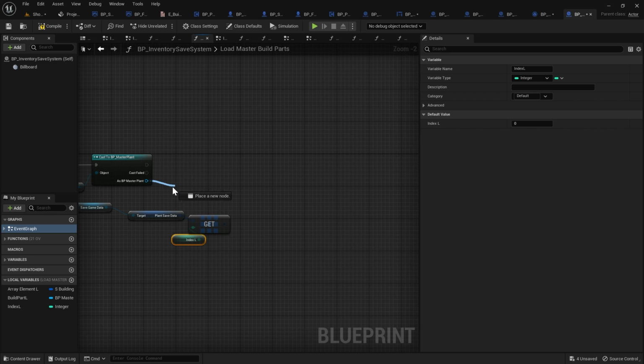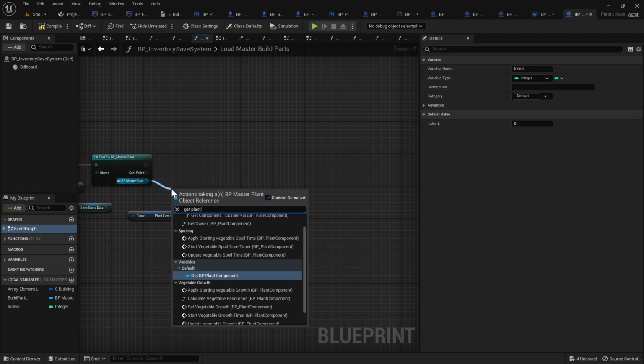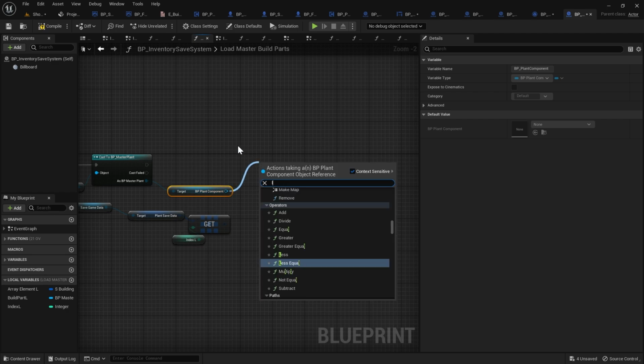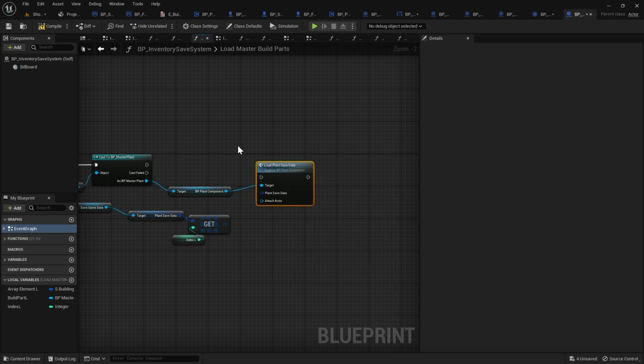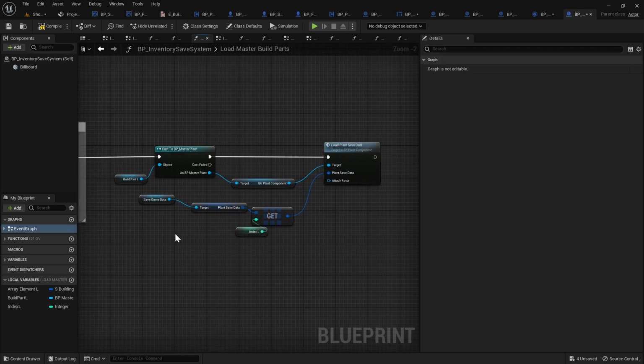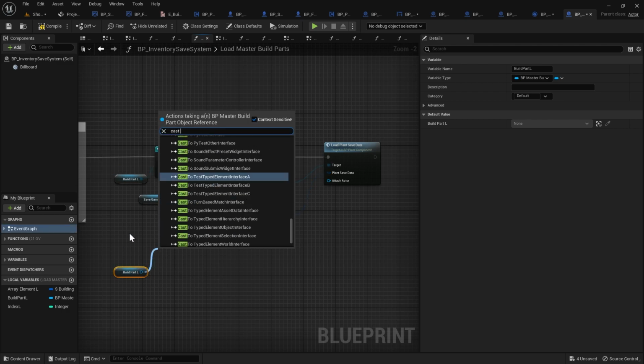Then we're going to drag out from the master plant and do get plant component, and drag out from that and do load plant save data. Connect this up to our cast node here. We're going to plug the plant save data into the get node like that. Then we're just going to copy the build part L, paste that down here, drag out and do cast to